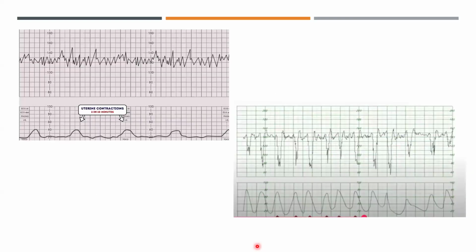This is a graph to help understand the difference. If we look over here and count 10 boxes, if you zoom in, or if you're on your phones, you'll be able to see that in a period of 10 minutes we have 2 contractions, which is normal. We said anything less than or equal to 5. If we look at the graph at the bottom, we can clearly see, even if we don't count, that we have way more than 5 in a 10-minute window. So we're looking at hyperstimulation or tachysystole in this case. This is for you to see graphically what the difference between both looks like.